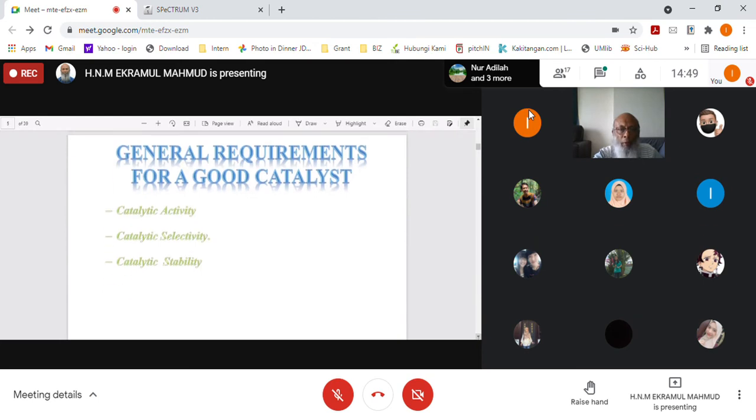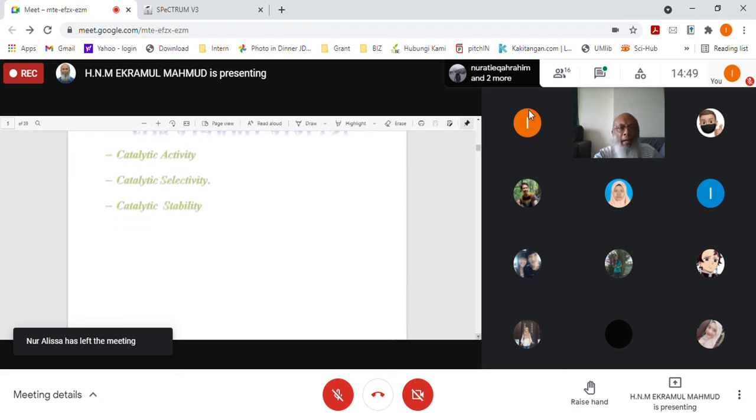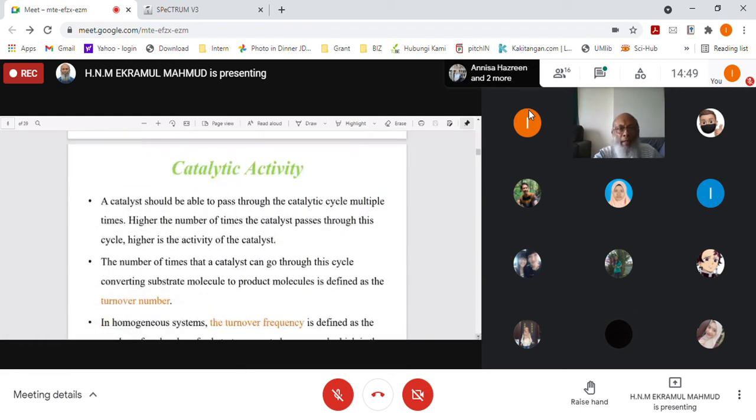So the general requirements for a good catalyst are that it should have catalytic activity, catalytic selectivity, and catalytic stability. Catalytic activity means that a catalyst should be able to pass through the catalytic cycle multiple times. The higher the number of times the catalyst passes through this cycle, the higher is the activity of the catalyst. That means the more we can use it, the better for us, of course. If we use it once or twice, after that we need to change it again. So that should not be our choice, right? So the number of times that a catalyst can go through,